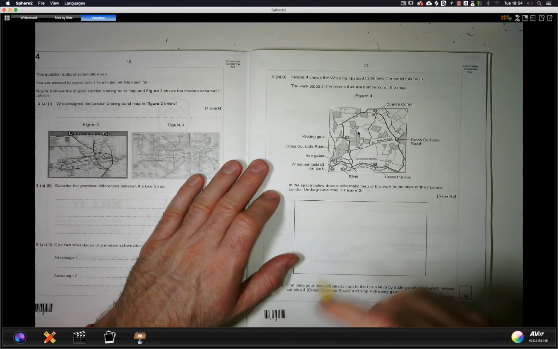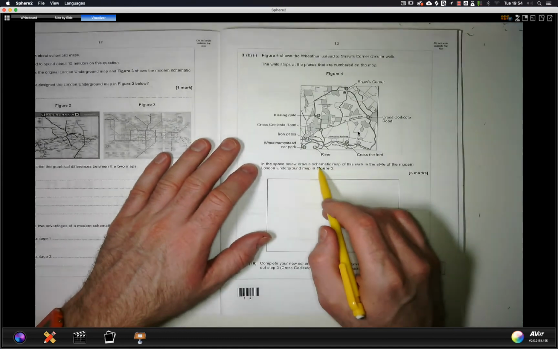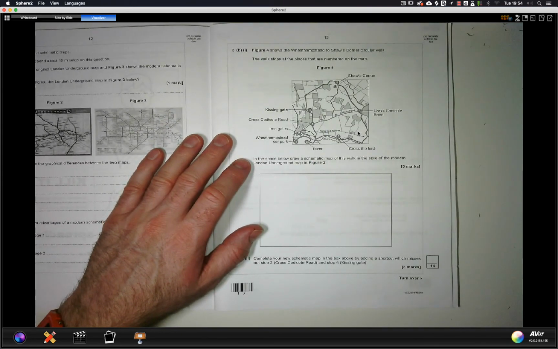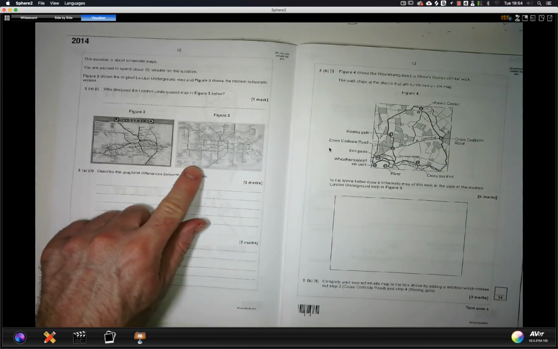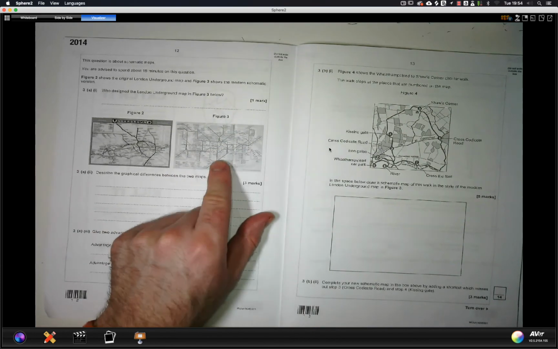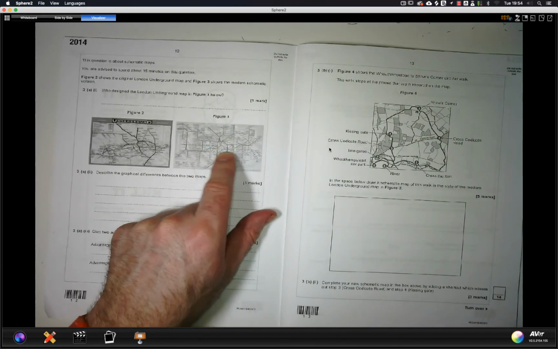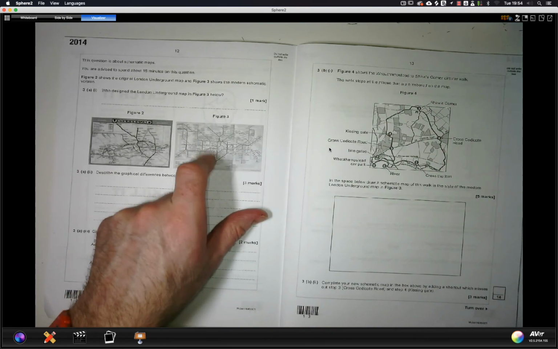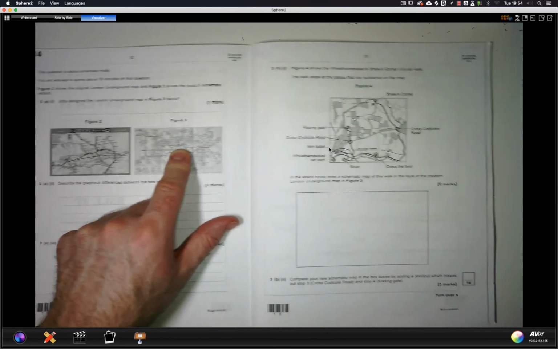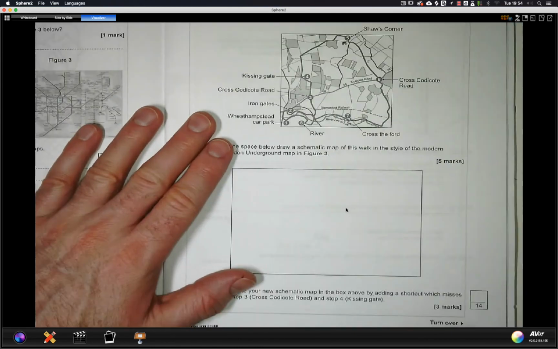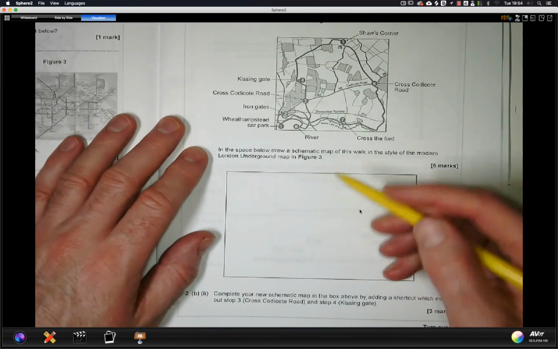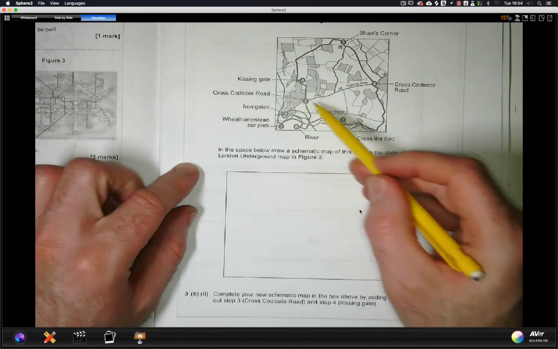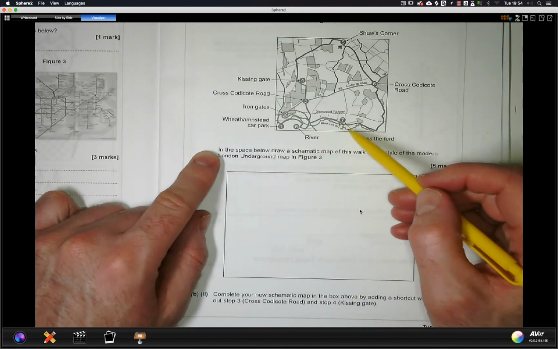Okay. In the space below, draw a schematic. So a schematic is like the London Underground map here. Dead simple. Everything's really either horizontal, vertical or diagonal. So we're going to be doing something similar. Let's see if we can keep it as simple as possible though. It doesn't really look like it needs anything that's